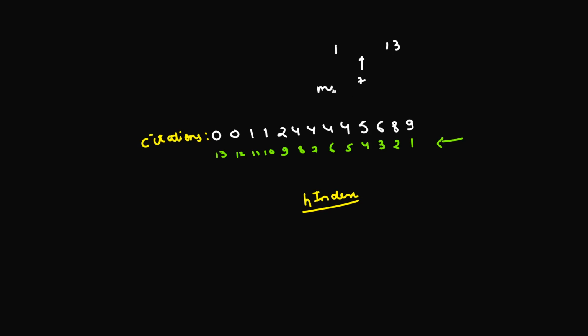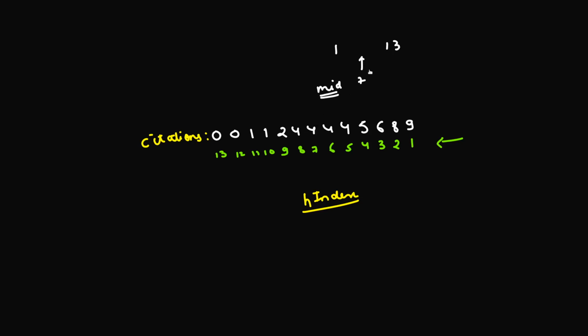Why? Because since I'm applying the binary search on h index, whatever value I have here, I'm trying to see if that value can be a possible h index or not. So since mid is 7, I'll be checking whether the 7th value from the end, which is 4 in this particular case, can be a valid h index or not. But since this 4 is not greater than or equal to 7, this cannot be h index.